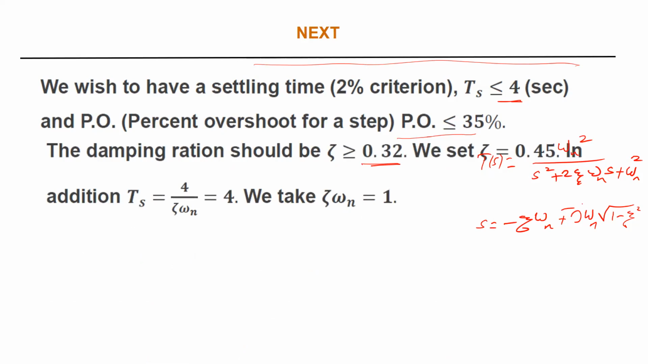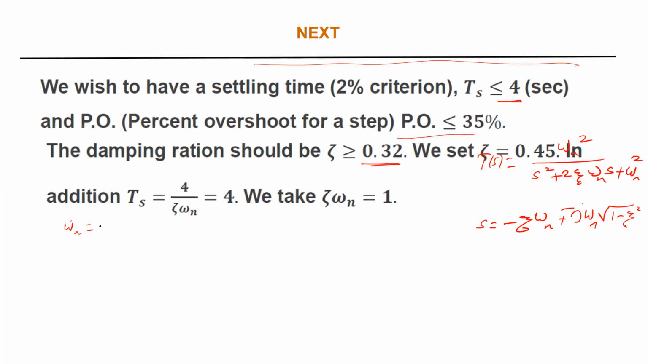Usually, we would like to be in a better situation, so we take it a little bit more. So let's take zeta equal 0.45. Definitely, the larger zeta will satisfy the 35% because the larger the zeta, the less overshoot. So suppose we select this zeta. Okay. Now, from here, can I determine what is omega n? Yes. Omega n, look, omega n equals